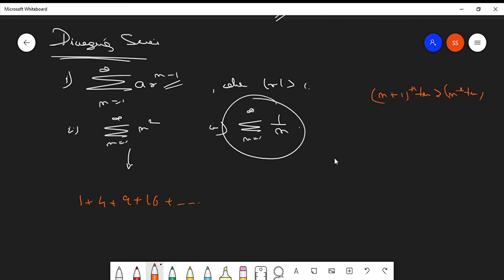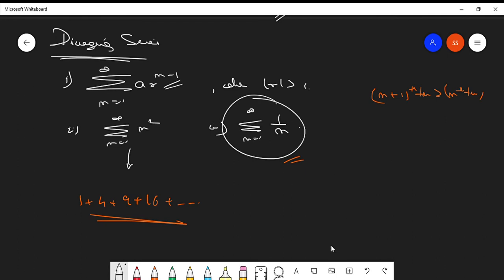That means that there is no upper bound to this particular series, as we are adding these terms to infinity, and it's also monotonically increasing. So basically there is no fixed value where we will end, which will eventually give you a finite sum. That's why this is diverging. The proof of this we will be doing later.